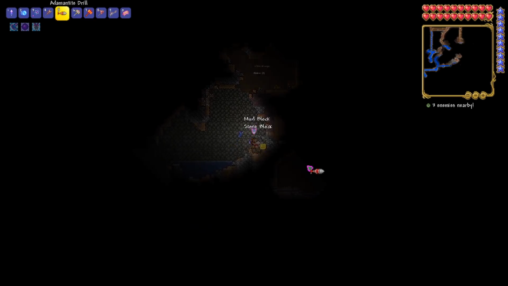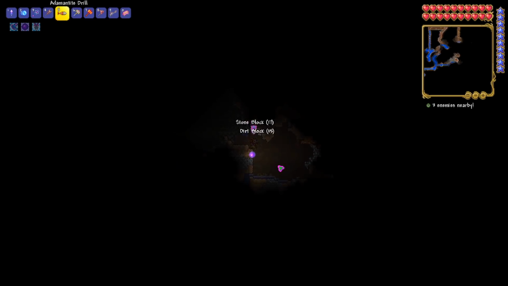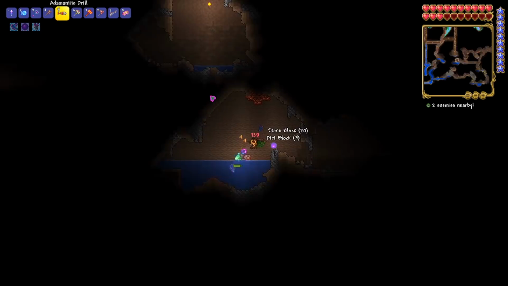Like, there's no wooden chests at all on this one. Again, one of the downsides to generating a small world rather than anything else... Oh, actually, that might be a little bit loud now. My bad. Is that a...